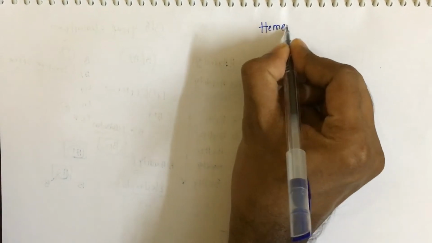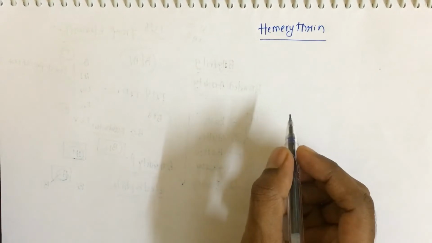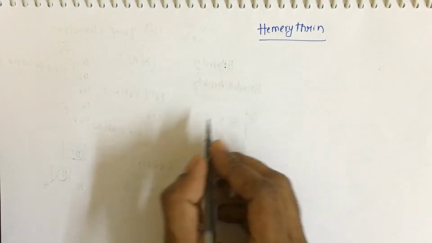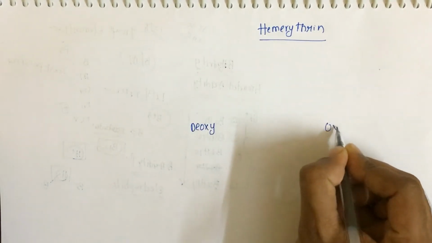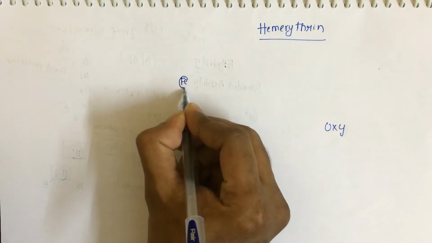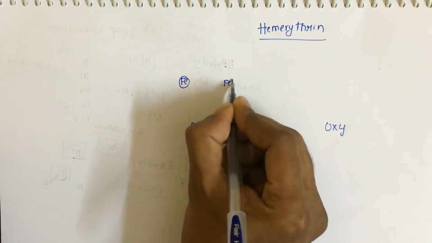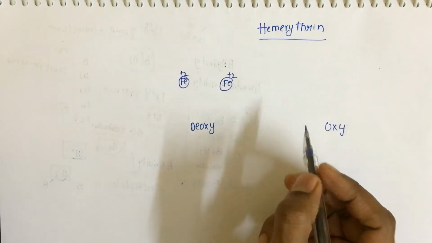So today's topic is hemerythrin. This is one of the important topics in bio-inorganic chemistry. Here we just need to learn the structures of deoxyhemerythrin as well as oxyhemerythrin, deoxy and oxy. Deoxyhemerythrin means two iron atoms are present in a +2 oxidation state. Both iron atoms are in the +2 oxidation state, and